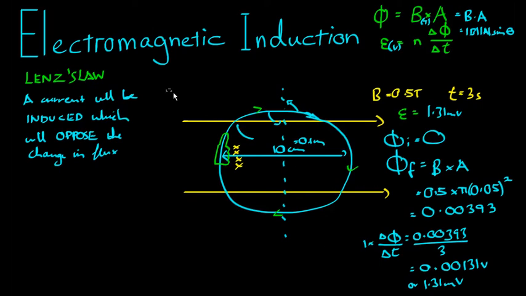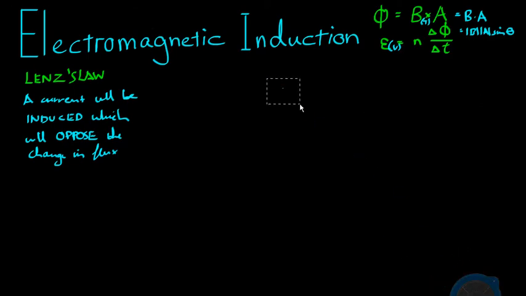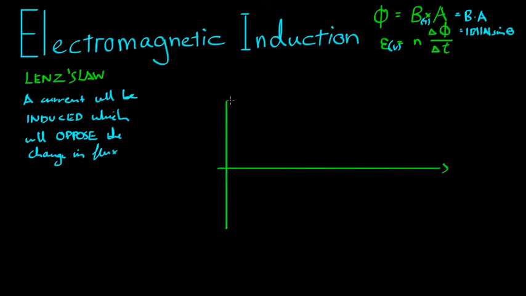The last thing I want to show you is if I had a graph. This is very maths methods. And we had a graph of the flux and the time here. The EMF is equal to N, we'll say it's a loop, so N equals 1 here, delta flux over delta time. Delta flux over delta time is the gradient, the change in flux over the change in time, the gradient of this graph here. So if I drew the flux graph like that,